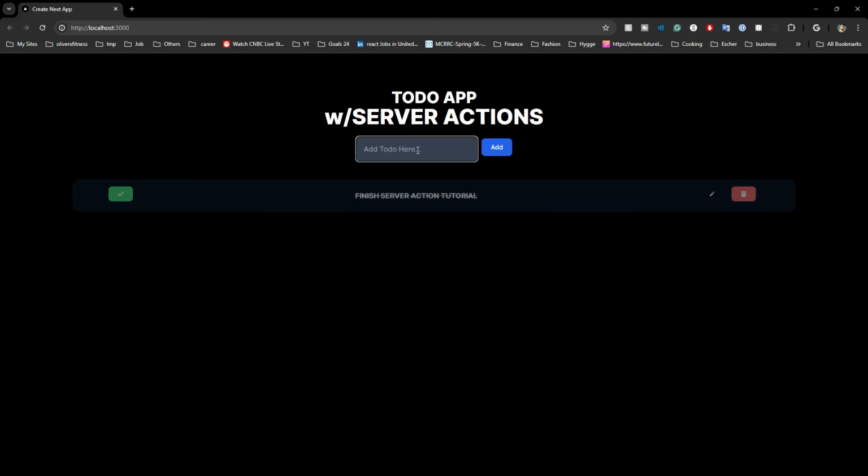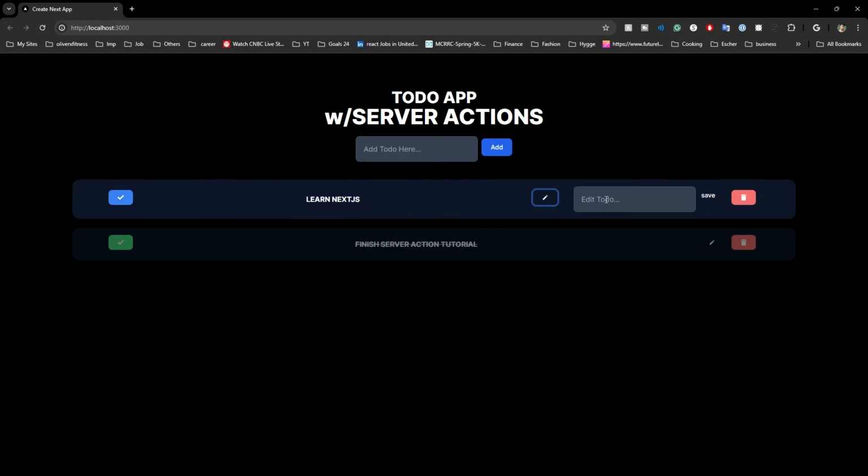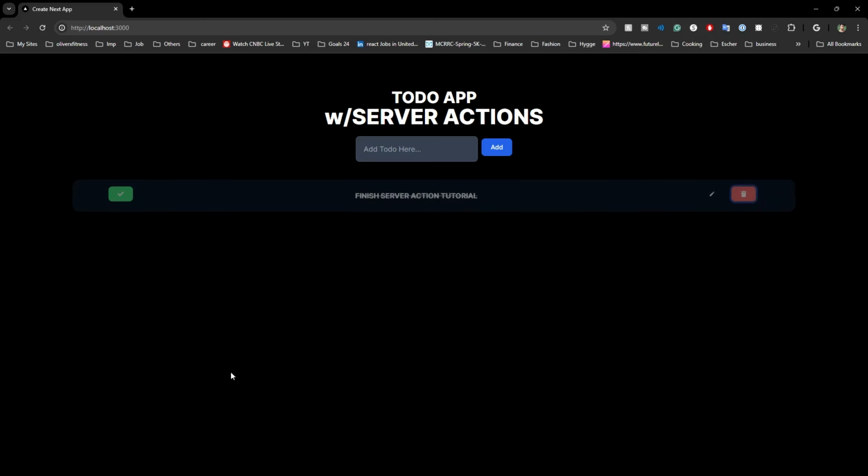So we have a couple of things. You're writing a to-do here, and then you're editing this to-do. You can edit that to learn Next.js 14. You can edit that, and also you can change the status of the to-do, and you can delete the to-do. So there's a lot of good CRUD application operations going on over here, and it's really crucial